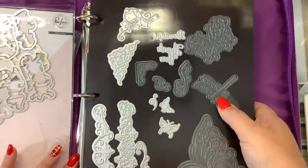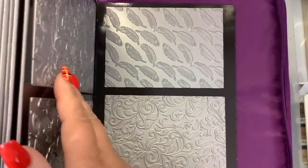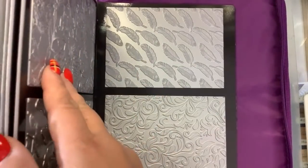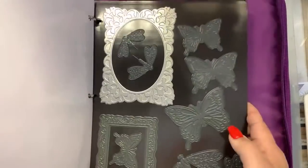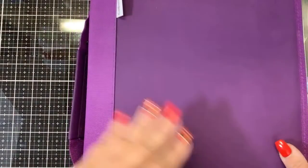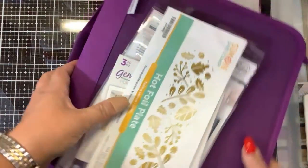The other way, and I will tell you, this is super heavy, okay? Because these dies are heavy. They are very heavy. They impress into your paper with the foil, but they are really, really heavy, okay? So another way, if you don't want that, and I think they sell these in two different sizes. This is the large. There is also a smaller one. The other way is